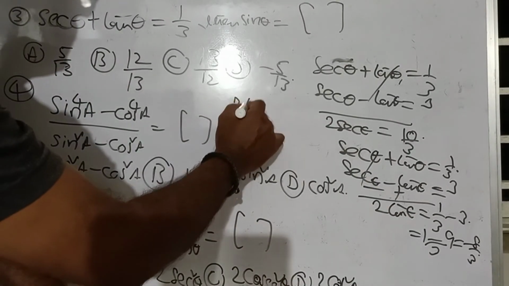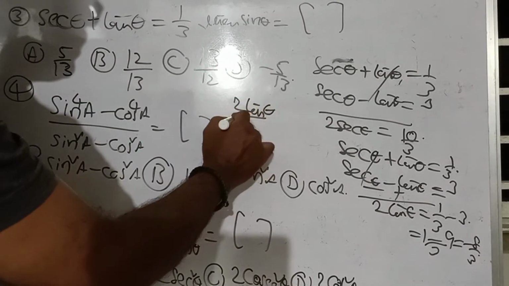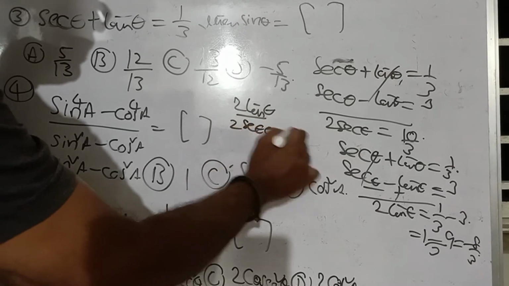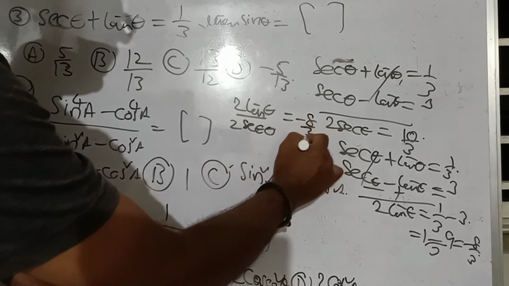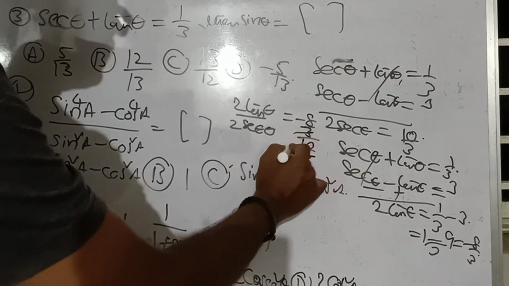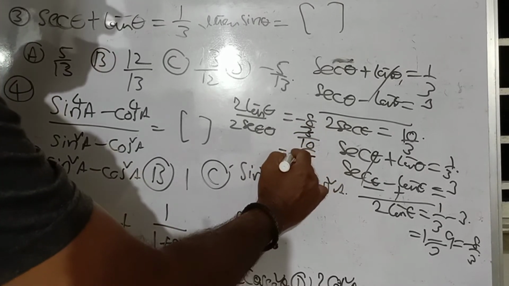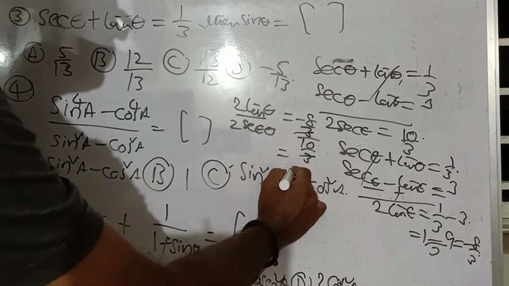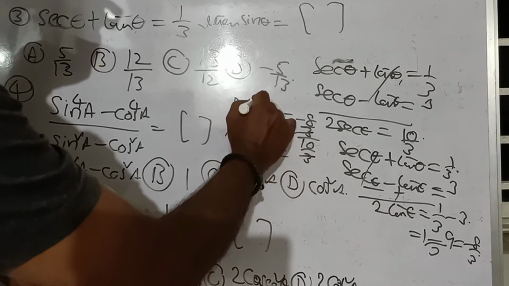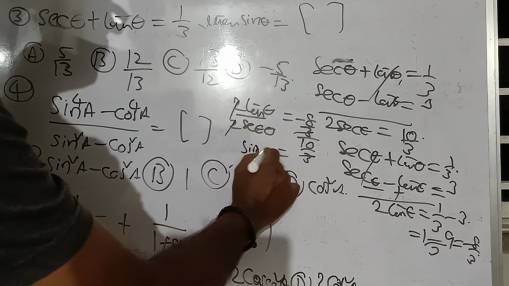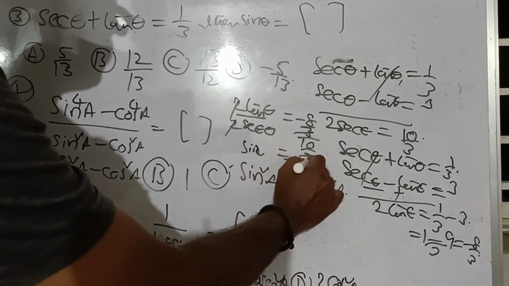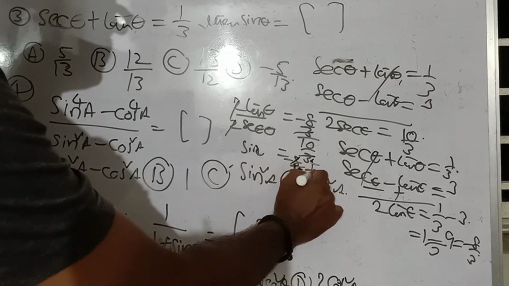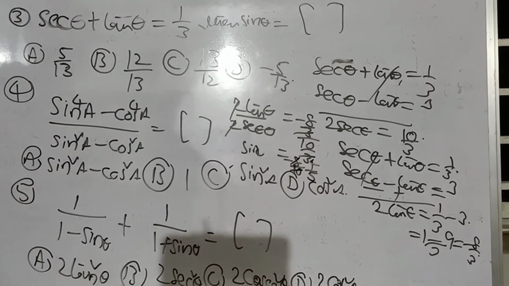So 2 tan theta by 2 secant theta: when we divide these two equations, we get minus 8 by 3 by 10 by 3. So 3 gets cancelled, 2 gets cancelled. So sin theta is equal to minus 8 by 10. So 2 cancels here 4 times, 2 cancels here 5 times. Sin theta is equal to